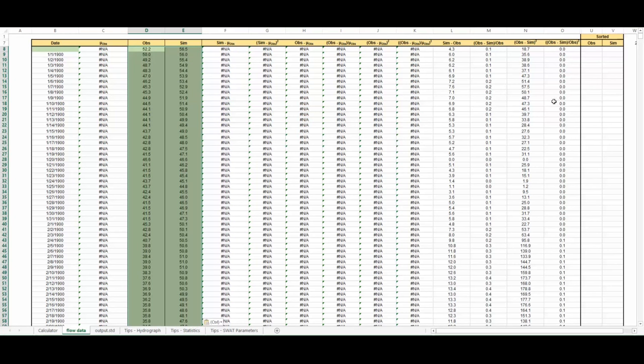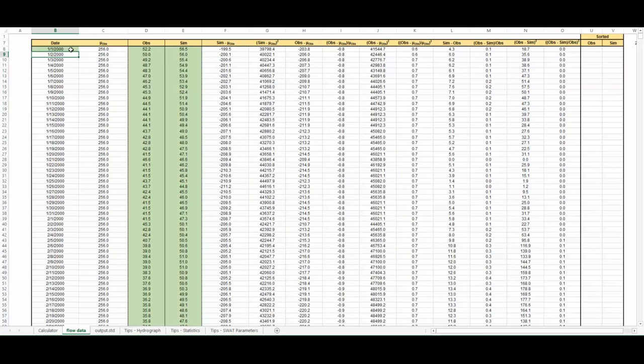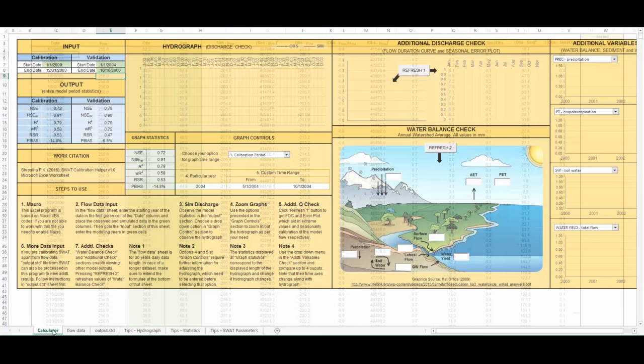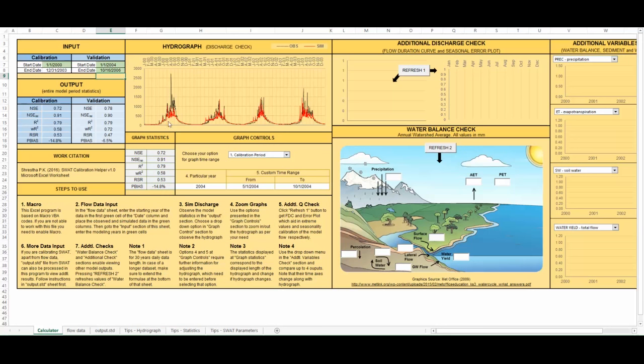The rest of the table are just pre-formulated cells. Now in this green cell in the date column we have to enter the starting date of the data, which is 1st of January of 2000, and now all the values in the tables are calculated. Now we go back to the first sheet, calculator, and now we can see that the hydrograph is already over